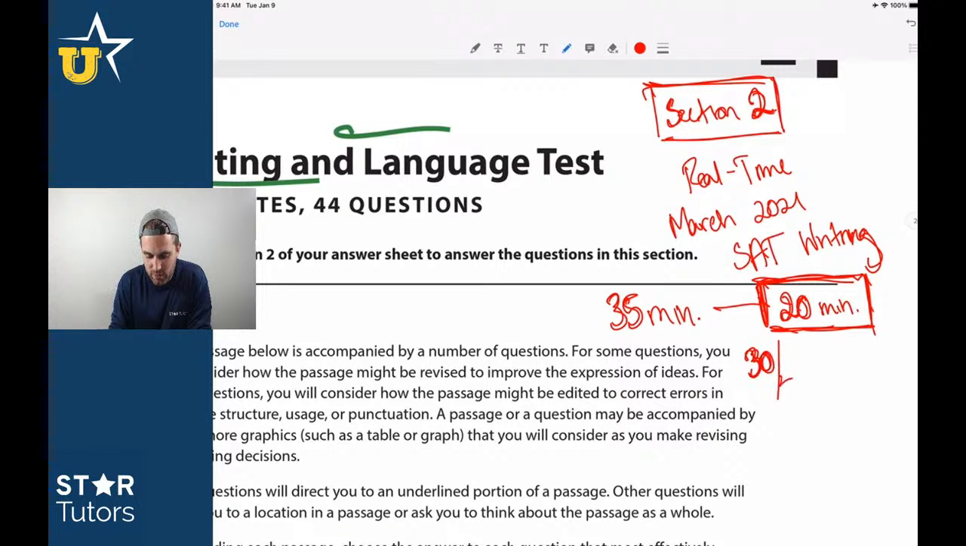30 out of 44 questions are going to be grammar questions. And I did it to show you guys that if you answer those 30 questions correctly, it's like